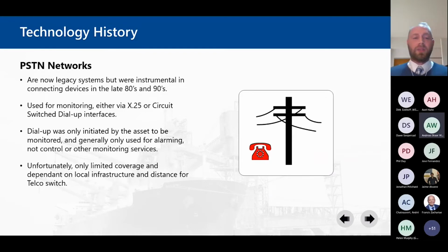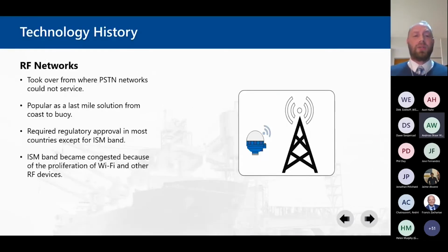from the local exchange. So where PSTN networks couldn't service, we had RF networks, and RF networks took over as a very preferable solution for many assets and became popular as a last mile solution, specifically in AtoN from the coast to a buoy. However, it does require regulatory approval in most countries except for the ISM band, and because of this, the ISM band has become extremely congested, not only because of everyone using it for AtoNs, but because of Wi-Fi and IoT devices. Which meant that many operators have spent more time servicing RF links and actually making sure it's more reliable